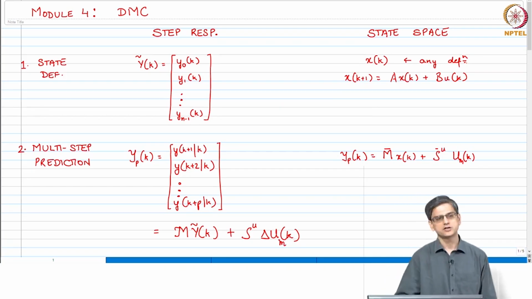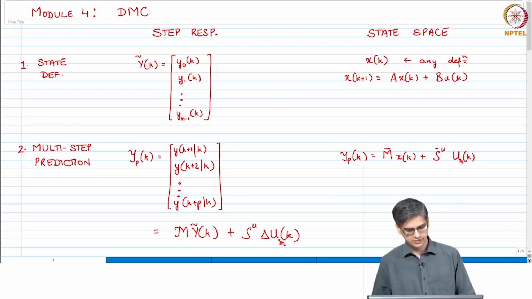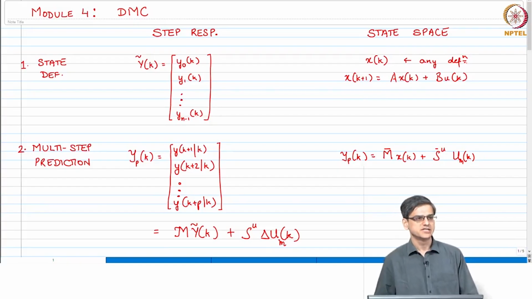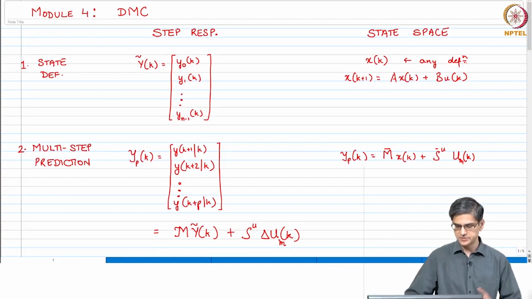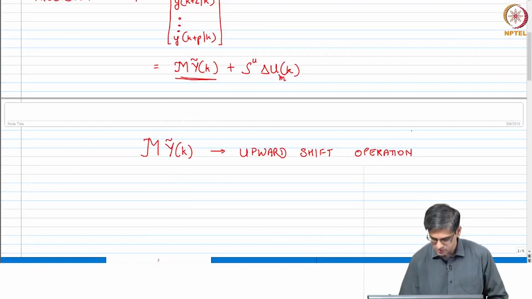Okay, we have not talked about state space yet. We have primarily talked about step response models, but you will see that there are going to be parallels between state space and step response, which basically means that